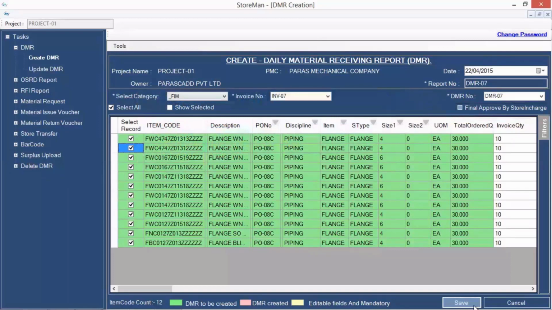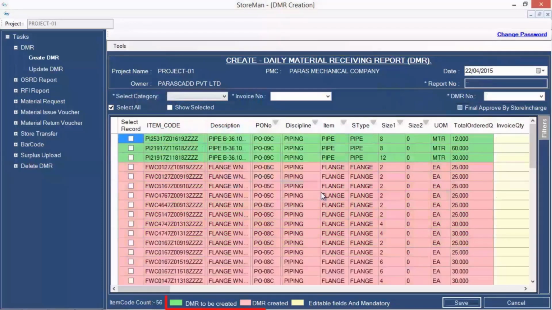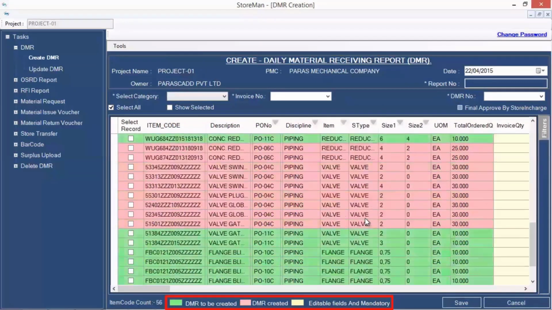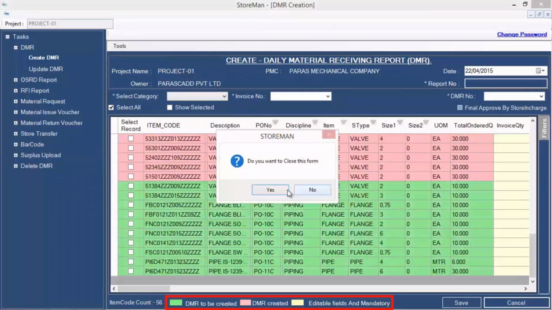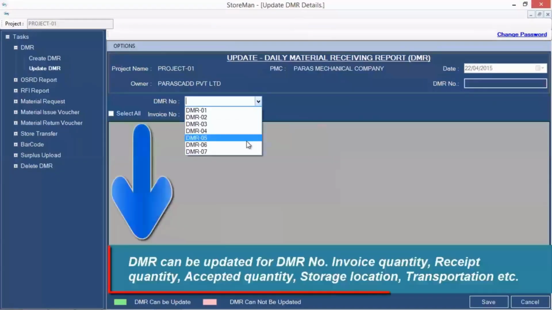Apart from these, right now we are looking at the technical items. Some of the miscellaneous items may also come into the store, like safety shoes or helmets, safety jackets, etc. So these items can also be finally accepted by the store department itself. As these are not technical items, it will not be necessary to initiate them for the further inspection procedures. So color codes are shown over here. Green items are pending and red ones are initiated.